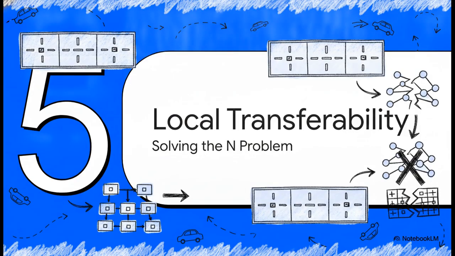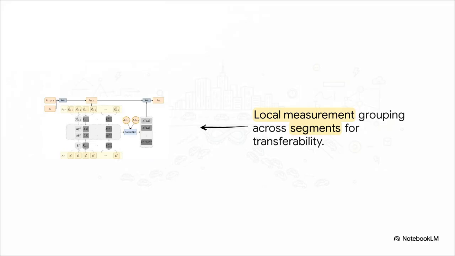So, what about spatial generalization? Let's talk about local grouping and how it solves the N problem. A glaring flaw of standard neural networks is their spatial rigidity. If you train a model on a road section with 5 segments and then try to deploy it on a section with 8 segments, the matrix math literally breaks. To achieve zero-shot spatial transferability, QNet groups the measurement and innovation differences into localized, overlapping vectors. Instead of processing an entire road section in one go, the Kalman net computes a local gain based only on a specific segment and its immediate neighbors.